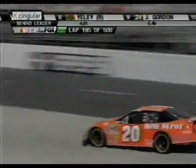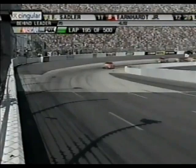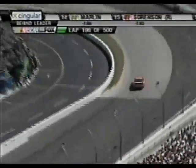Looks like it's got a little kink in it, well up above the center line of the tire. Yeah, I don't think he has any issue whatsoever there. You know, something else that was going on while we had all that side-by-side racing, Carl Edwards in the 99